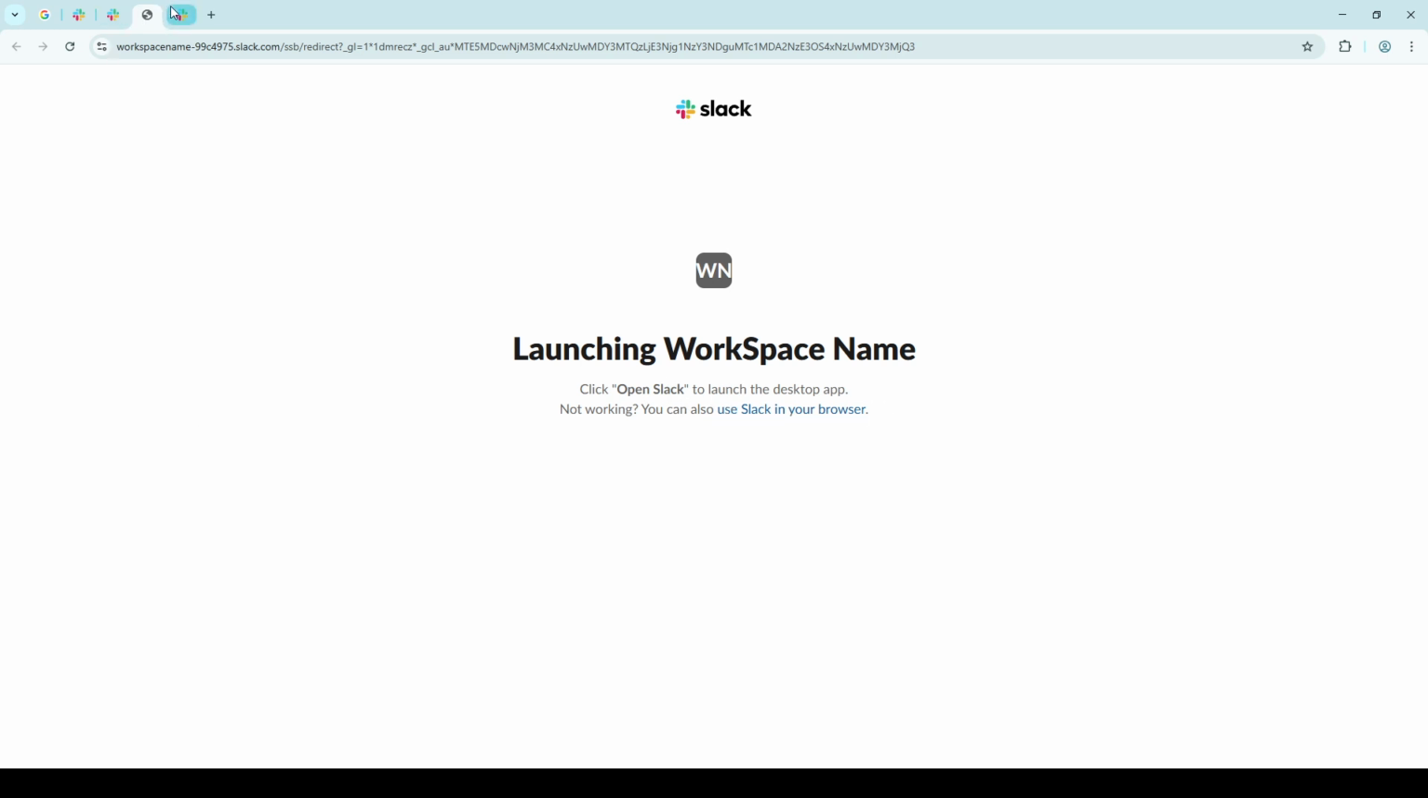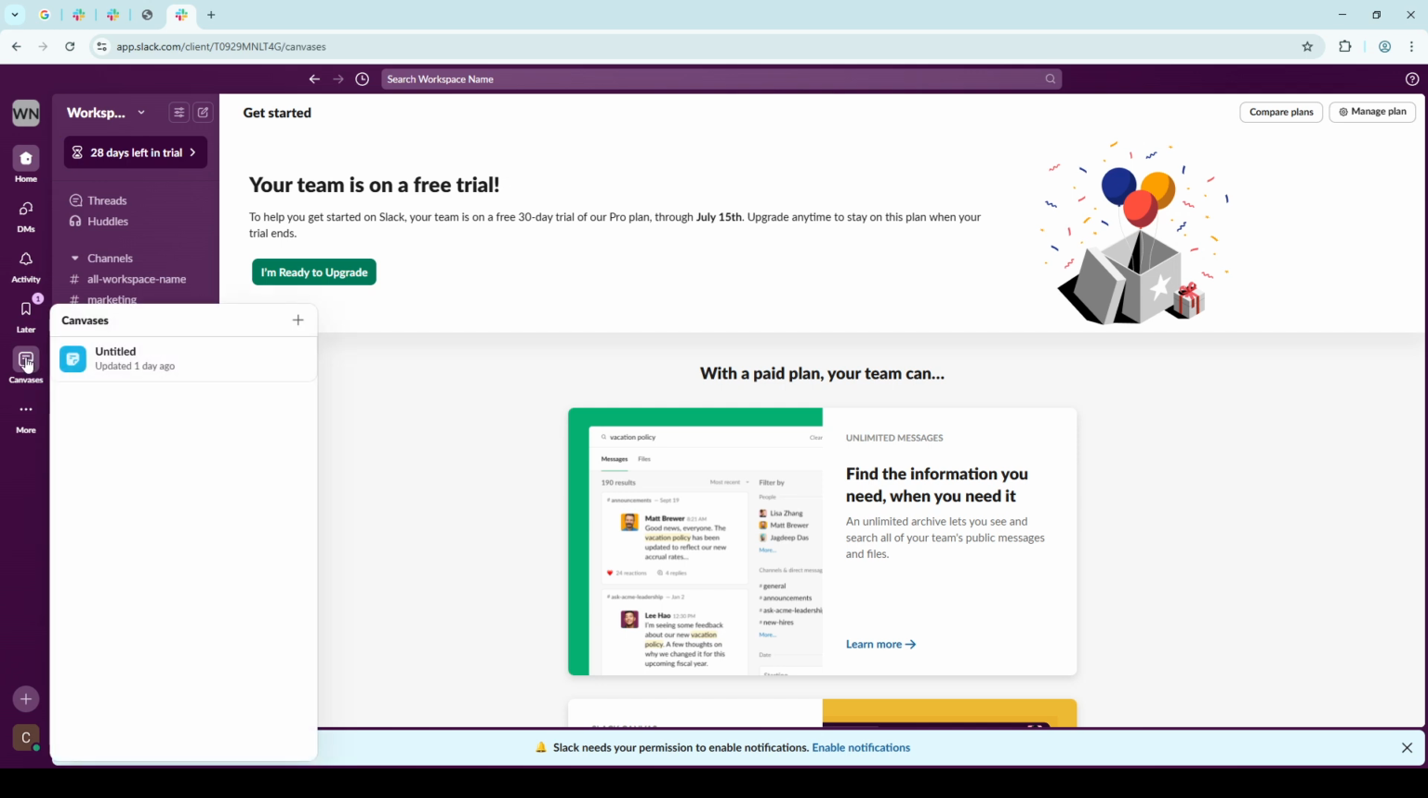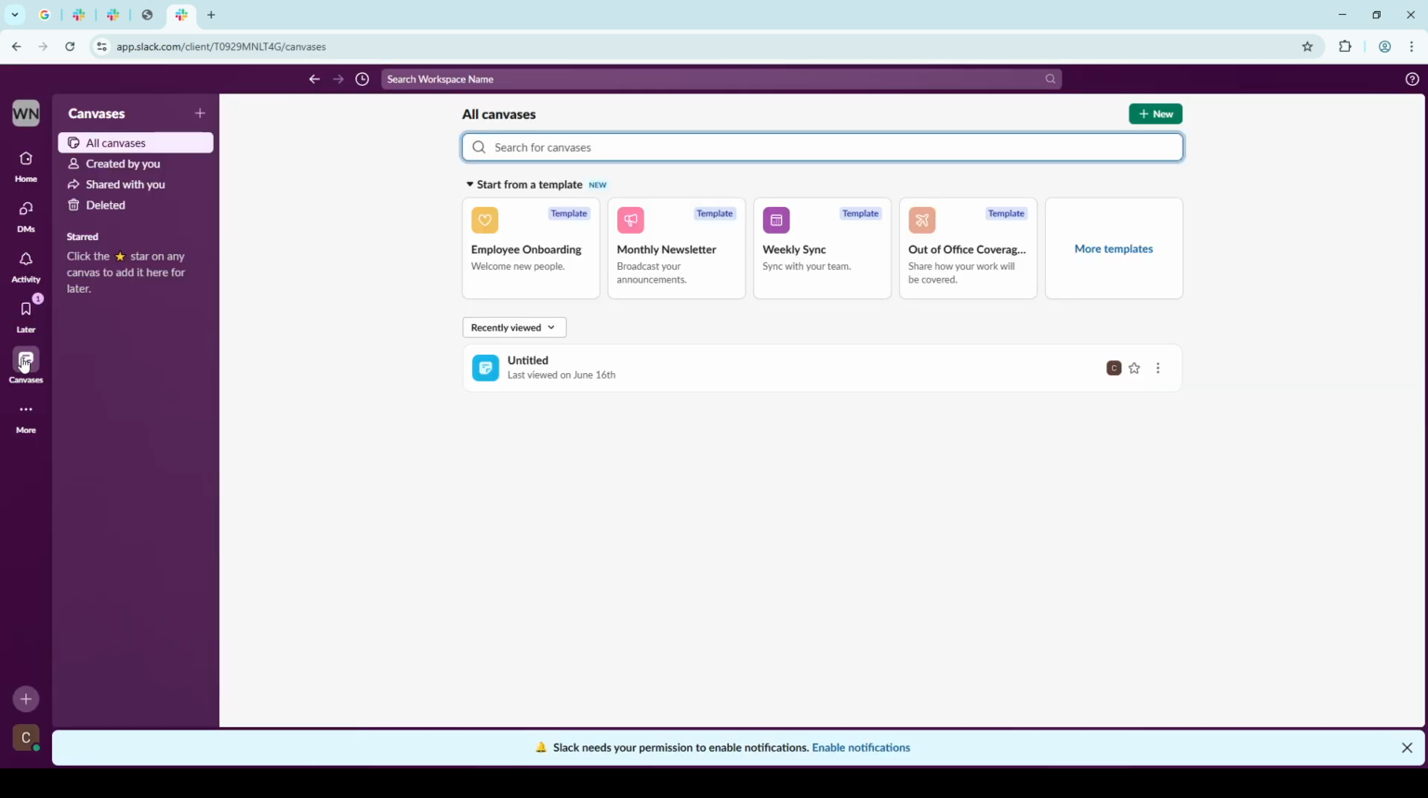Now, on the left-hand side of the screen, you'll see a menu. From that menu, you'll want to find and click on the option labeled Canvases. Once that's open, you'll notice you have a couple of options. If you're looking to start something fresh, go ahead and click on the plus New button. This will allow you to create a new canvas where you can jot down new information, plan projects, or collaborate